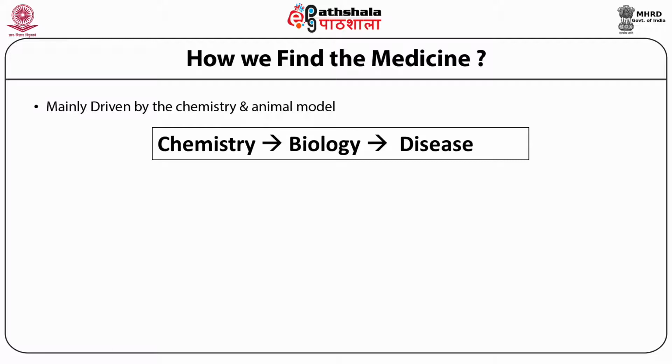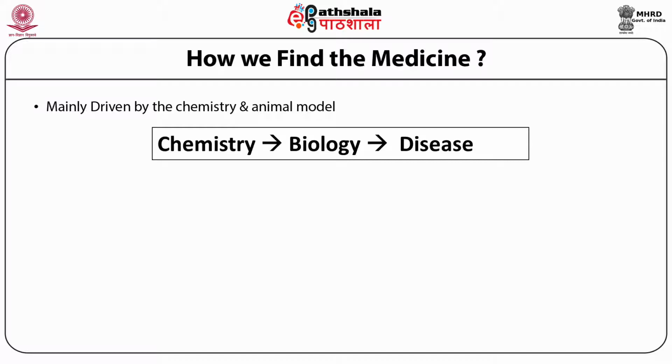It used to be driven by chemistry. So major work was to be done by designing a chemical in the early phase, which would look like a substrate or modified substrate or some such thing. Then they would understand how it reacts to the species or proteins or receptors, etc. And then they used to take these examples and try to treat in vivo to find how it is associated